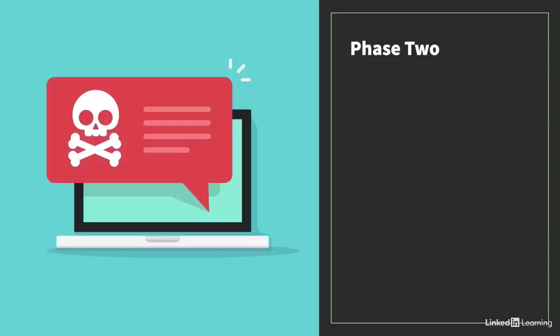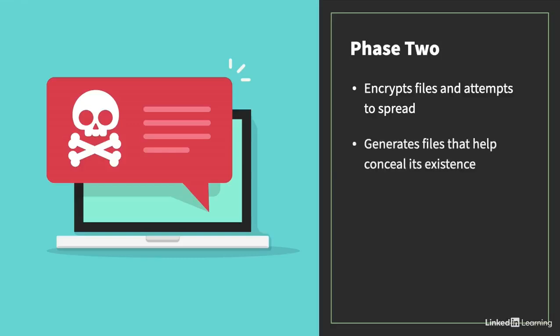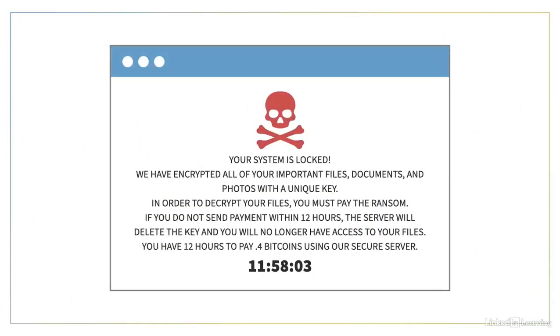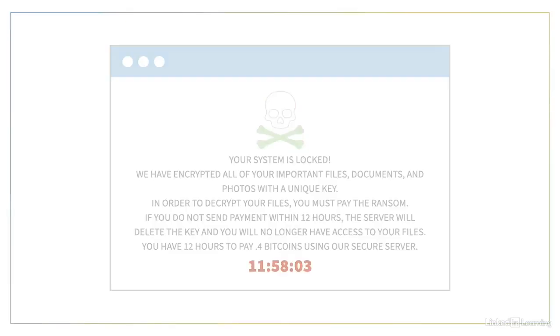With Phase 2, the ransomware encrypts the files and attempts to spread through the system, deleting any backup copies on the victim's machine, along with generating files to help conceal its existence. The ransomware then begins communicating with the command and control server and awaits further instructions. The command and control server then sends a message, alerting the victim of the encryption and displaying a full message demanding payment. Many times it includes a timer with a deadline to pay the ransom, or else the hackers will